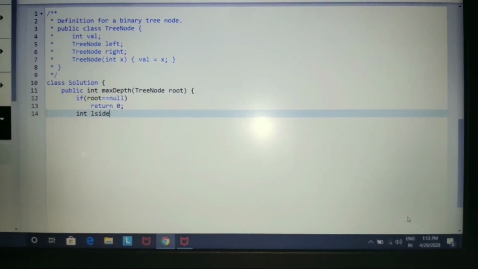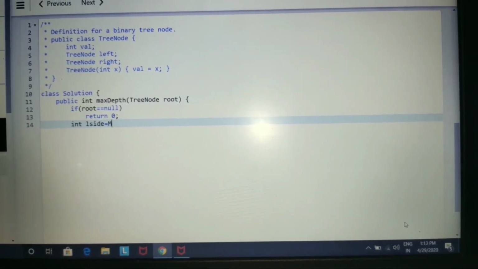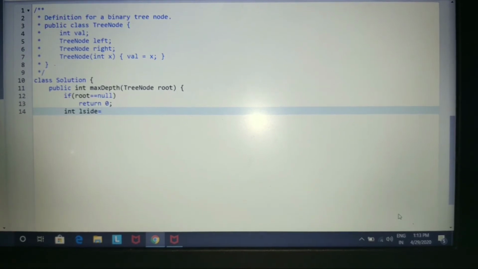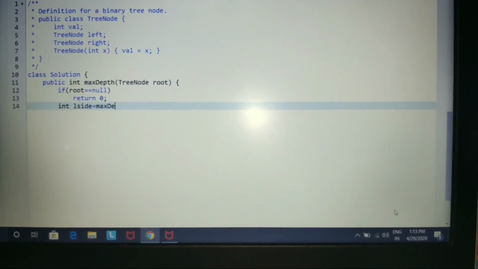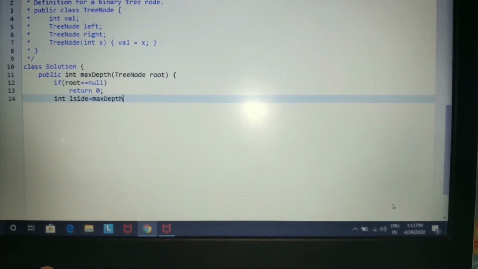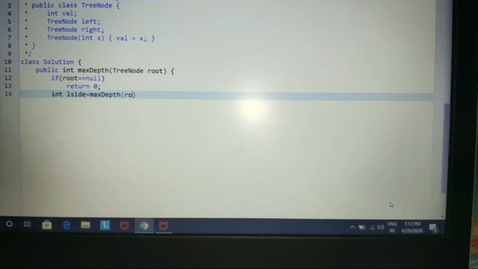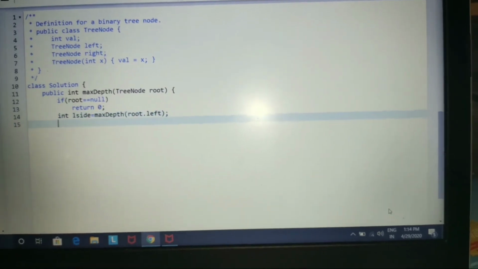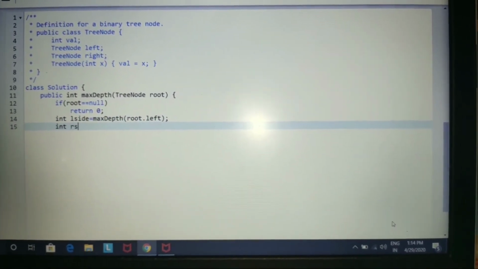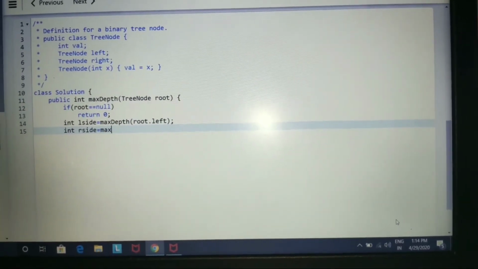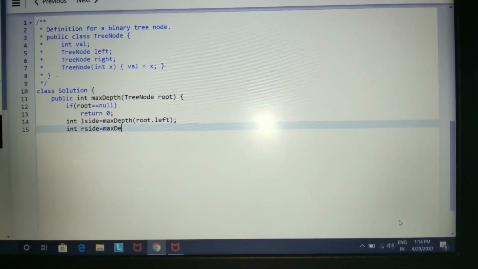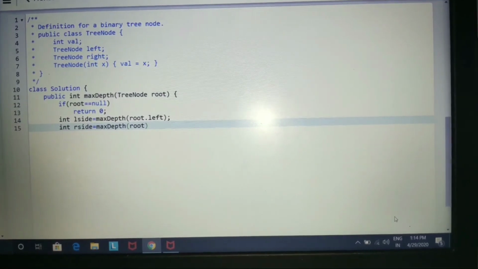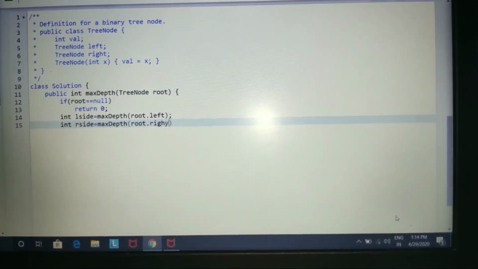So int left side will be equal to max depth, we are going to call this recursive function on root dot left. Next, you are going to define the right side. Right side is similar, but root will point to the right hand side, root dot right.